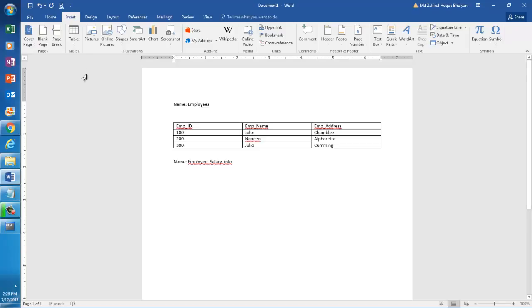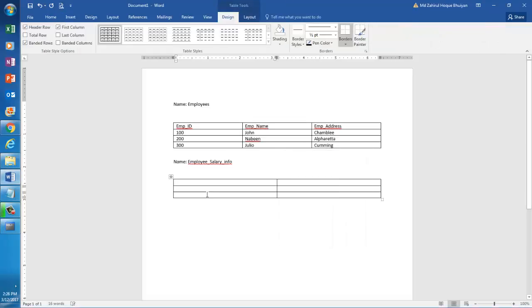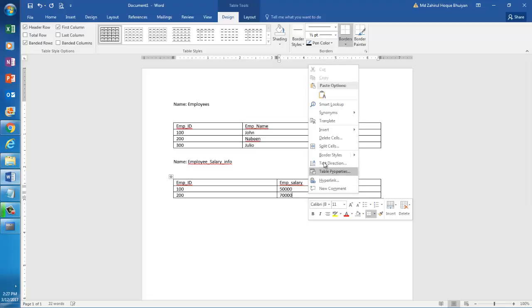Again, I'll do another insert, and number of rows, let's say we have 3 rows. Emp id and emp salary. Let's say emp id 100, his salary is 50,000. Let's say emp id 200, his salary is 70,000. And then let's say we have another employee,